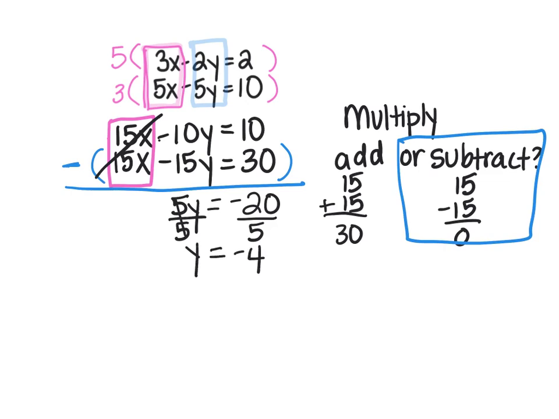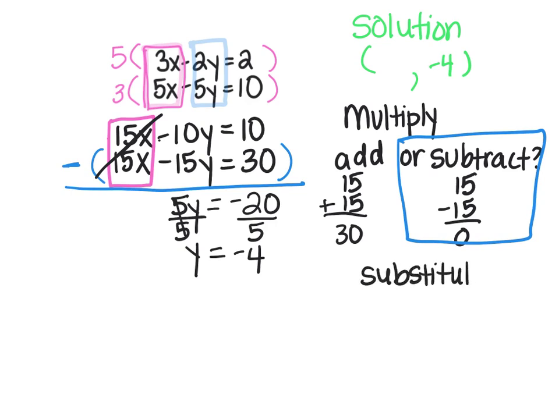So again, we're starting with our solution here. Remember, we're going to have to find both of them. But we have the y value this time, so this is going to be negative 4. All right, and you can pick any of the original equations to plug it back into. Again, it really doesn't matter. And I'm going to pick the first one. So I have 3x,